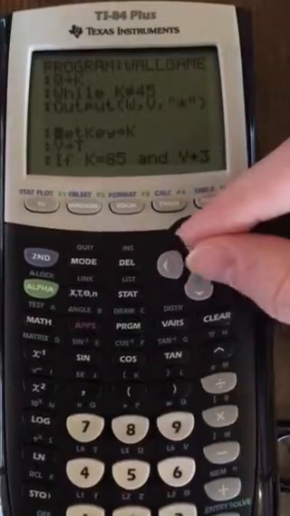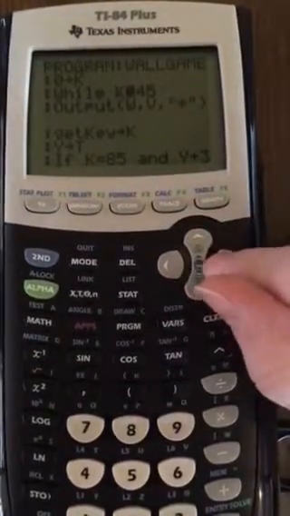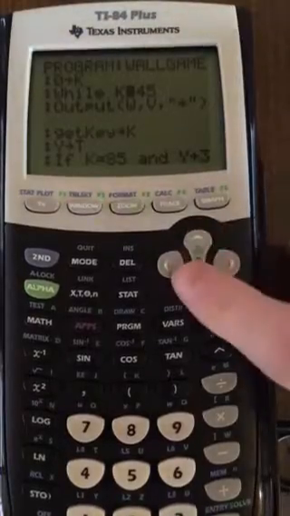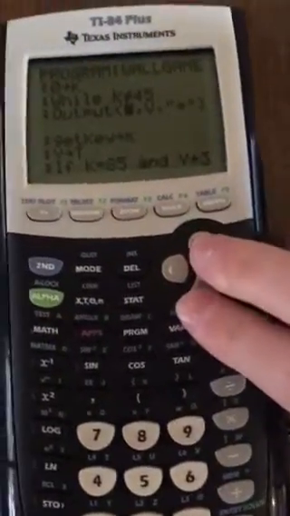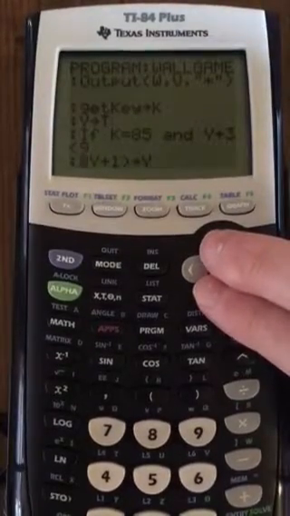I set the key value. I use get key to get the key value. I set that to 0. And then I say while K is not equal to 45. 45 is the clear button, so if I want to stop the game, I can click that. Then what I do is I